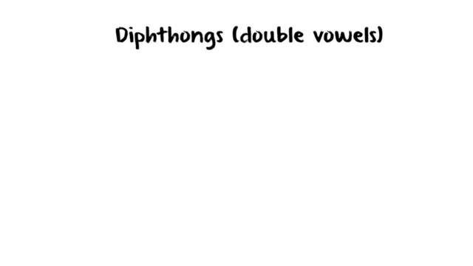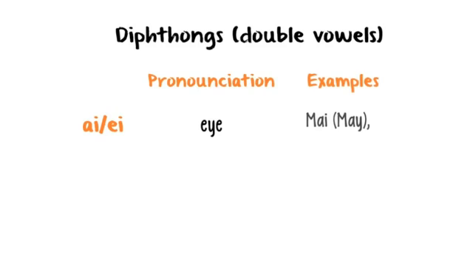In the case of diphthongs, we have a letter combination of two vowels, and instead of being pronounced separately, the two letters have one sound. The first one is AI and AE, which is pronounced like the English word for I. Here we have the example of the word Mai, which means the month May. The second word is Ei,